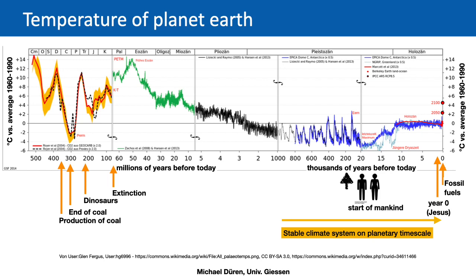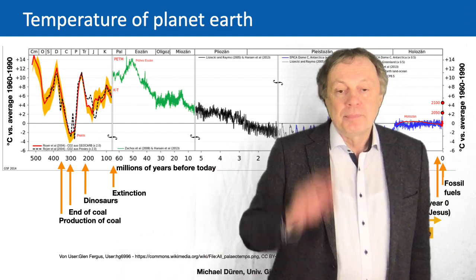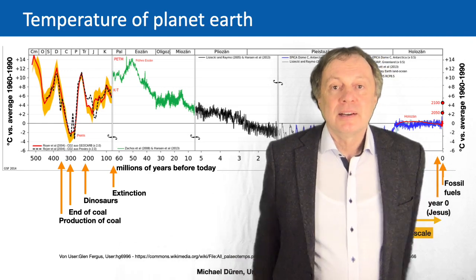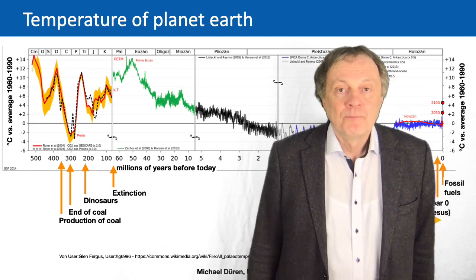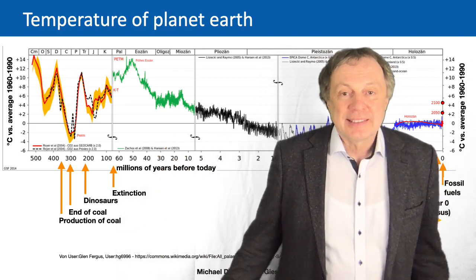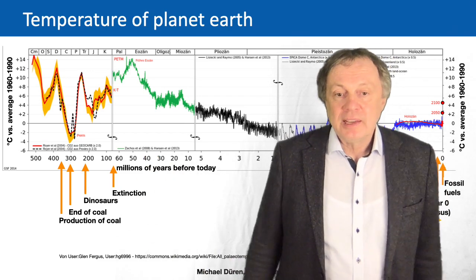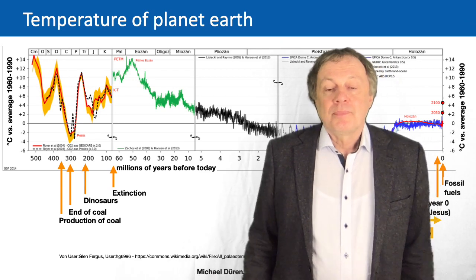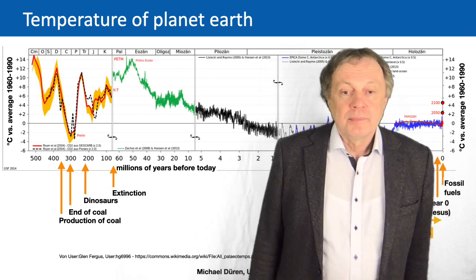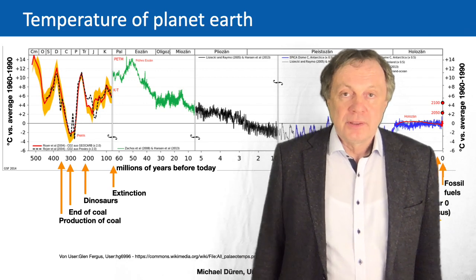It had a maximum about 50 million years ago, and then it went down and up and down and up and so on. So in the very far past of the Earth there was quite some changes in temperatures. I also showed you where the coal production was mainly happening in the carbon area. I showed you where the dinosaurs appear and where they got extinct. Also this period was quite warm at this time. Then it got really much warmer and then colder again, and that is the development of the Earth.